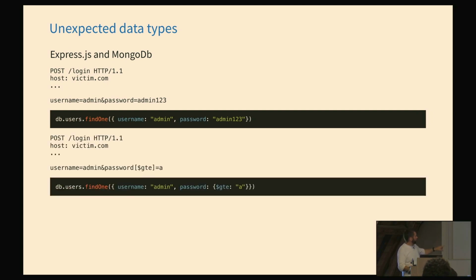The problem is if we write the data a bit differently with these angle brackets, it actually becomes an object server side instead of just a string. And in this case, we can do password greater than A. That's what the $gte means. So you can imagine this makes it easy to loop through things and find stuff. Again, we could have solved this with input validation if we checked that the password was indeed a string and not an object. But this was also a hard to detect bug if you don't know exactly what this URL